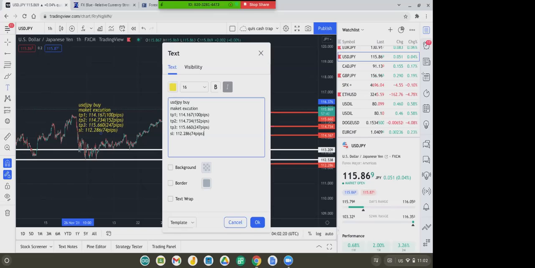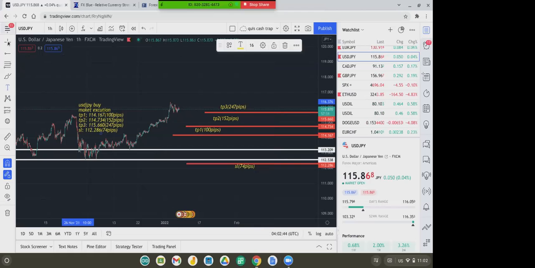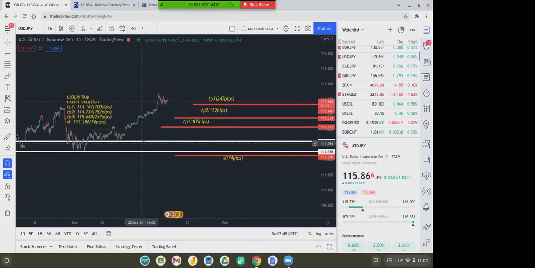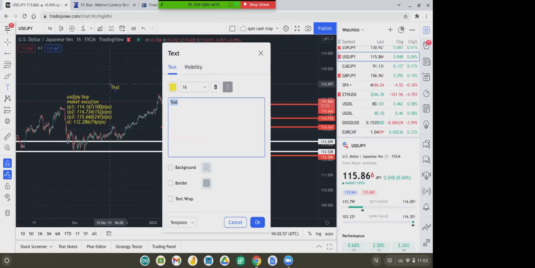So this is how I would send out the signal. Boom. USD JPY, buy, market execution, TP1, TP2, TP3, stop loss. Right. So it's really that easy. And if I want to do a pending order, like a buy stop, buy limit, because we're doing buy, right? So I would type it. We're gonna just do buy limit,